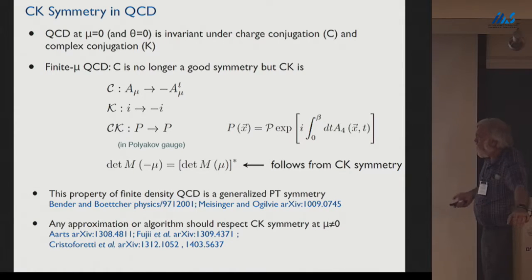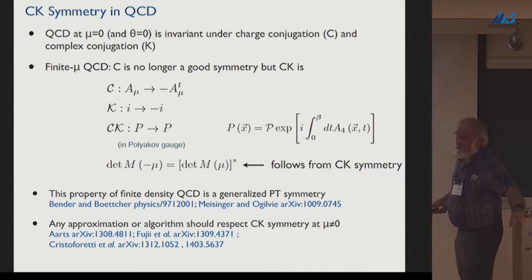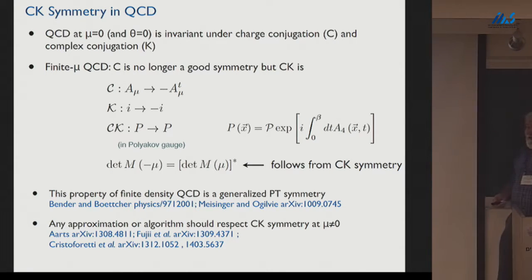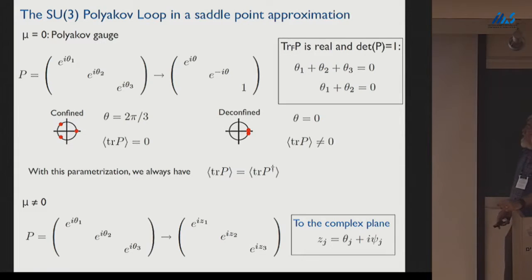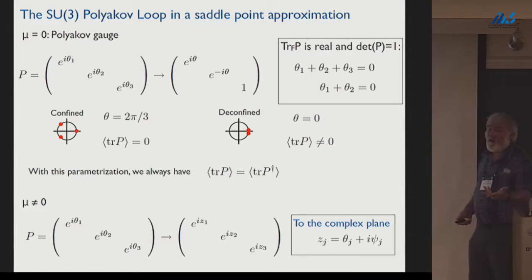And it's a generalized PT symmetry. And so what we want to do is explore the consequences of PT symmetry in finite density QCD. Okay? So I'm going to go back to that zero-dimensional example I showed you, and say, well, let's think about what a saddle point approximation would look like. And so if I think about the Polyakov loop